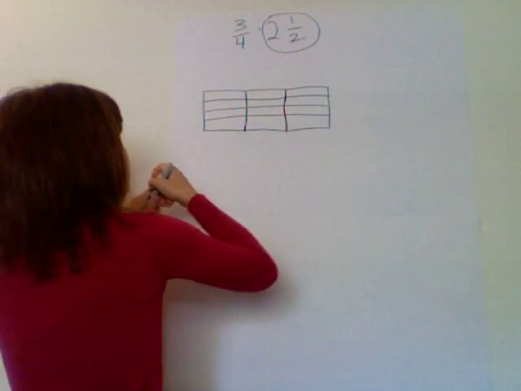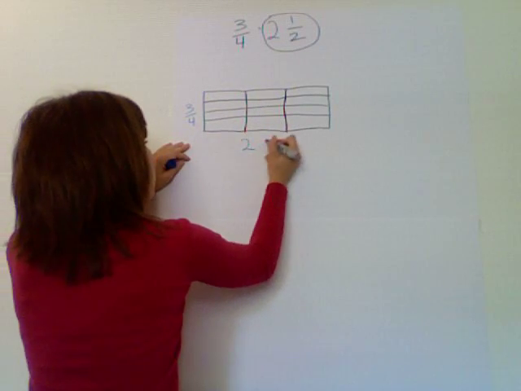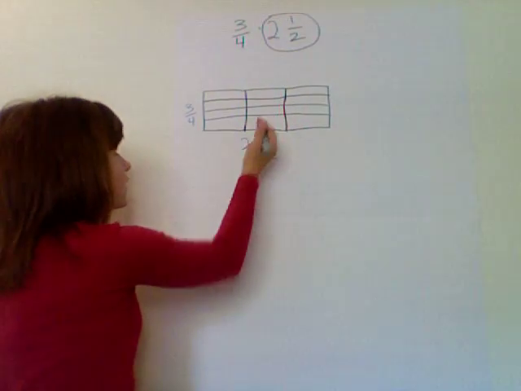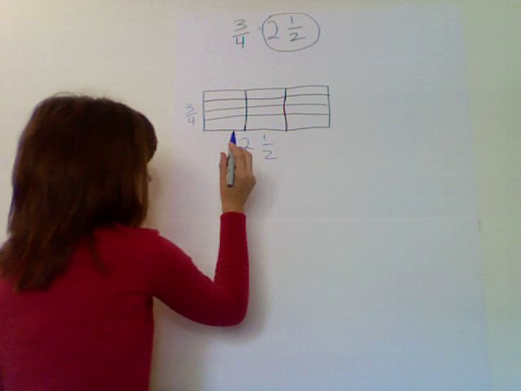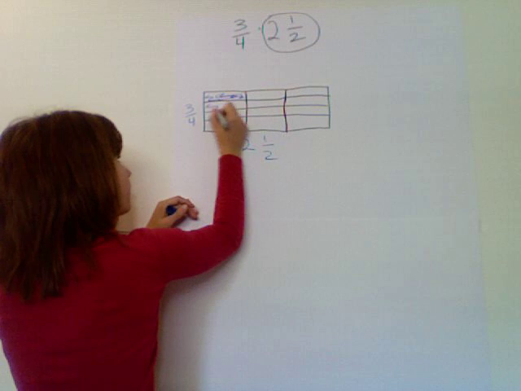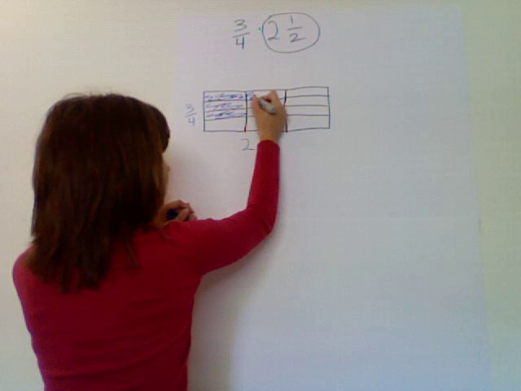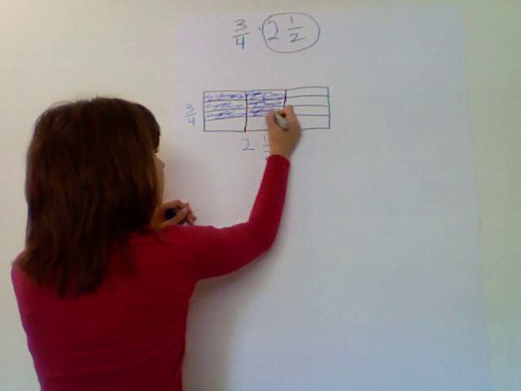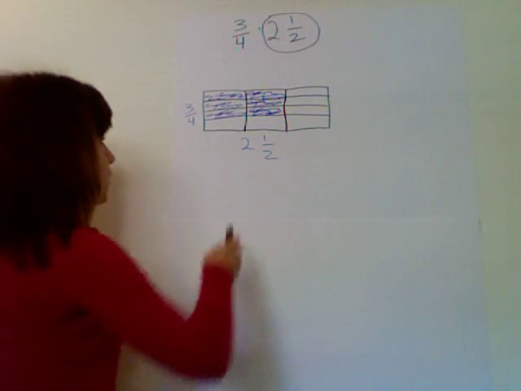And then the first two squares, we need to just shade 3 of the 4 parts. So like this. So 1, 2, 3, and 1, 2, 3. Now in the third square,